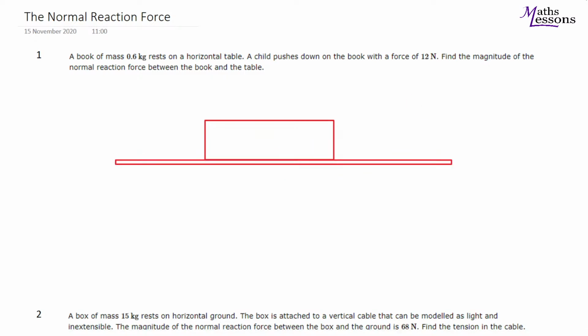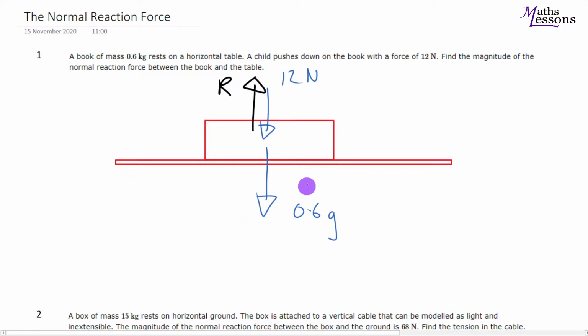So we've got a box on a horizontal table, and it has mass 0.6 kilograms, so its weight will be 0.6g. A child pushes down with force of 12 newtons. Find the magnitude of the normal reaction. So the normal reaction will be going this way. Now, unless it falls through the table, we must be in equilibrium. So that means the normal reaction will